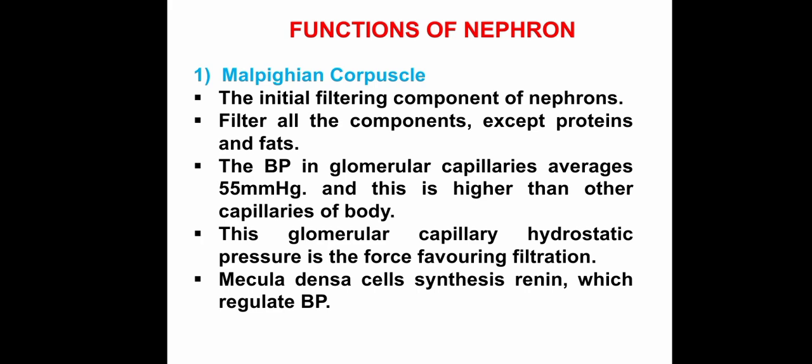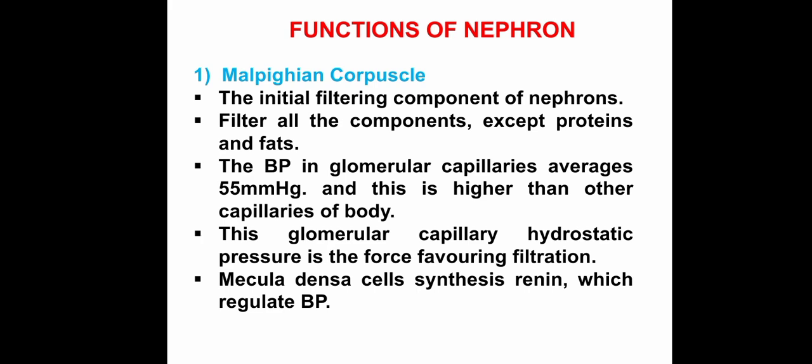Plus sometimes some cells can escape through these pores of the capillaries into the tissue spaces. So our normal capillaries also have the filtrating property and blood pressure, but the filtration capability of the Malpighian corpuscle, the glomerular capillaries, as well as their blood pressure, is much higher than the normal capillaries